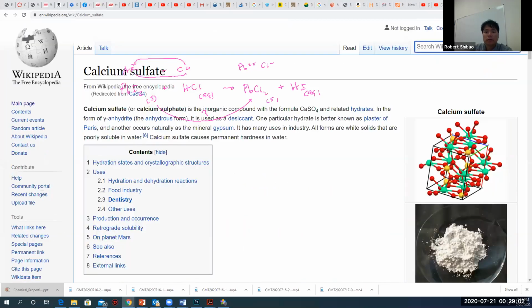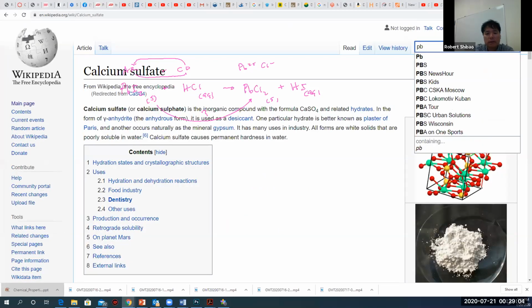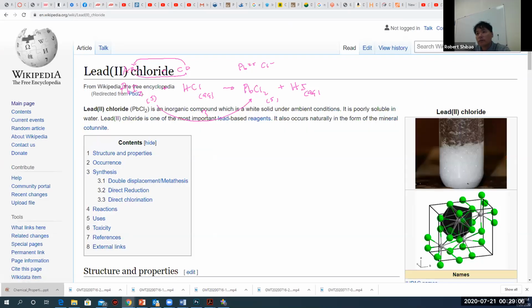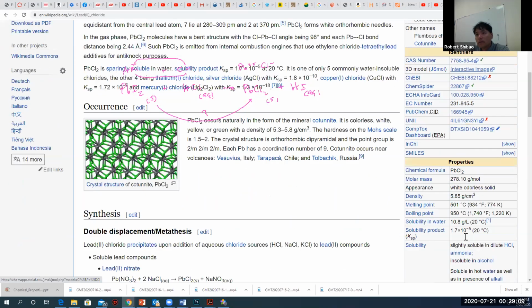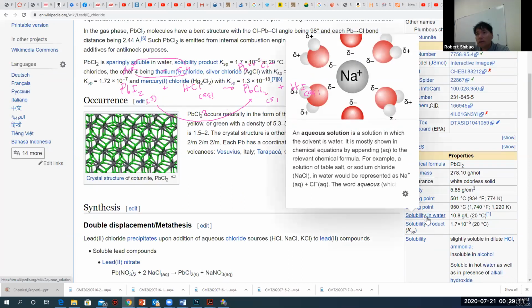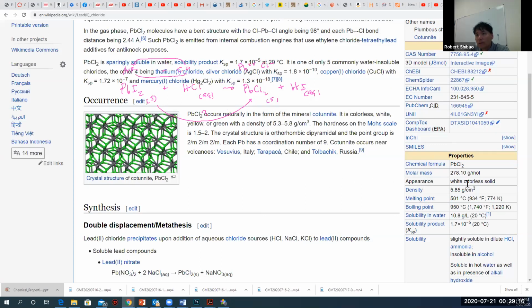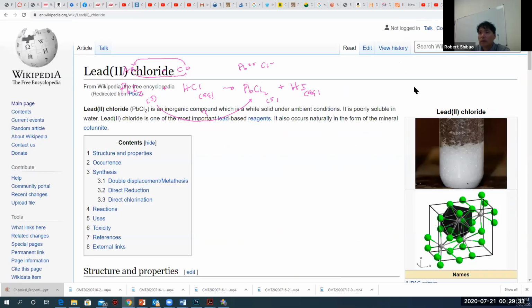And we're going to look at PbCl2 first, and then compare it to PbI2. Looking at the solubility of PbCl2, it is 10.8 grams per liter. So 10.8 grams, well, that's quite a lot. You think it's soluble, but this is below the limit, and so we call it insoluble. But 10.8 grams seems like an awful lot per liter. So it's fairly soluble, and maybe it's borderline.